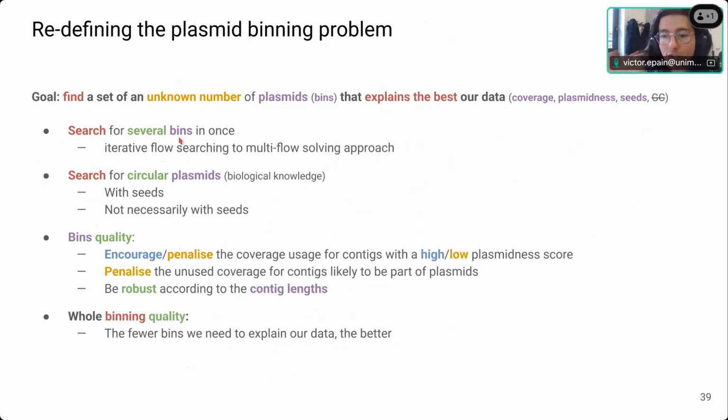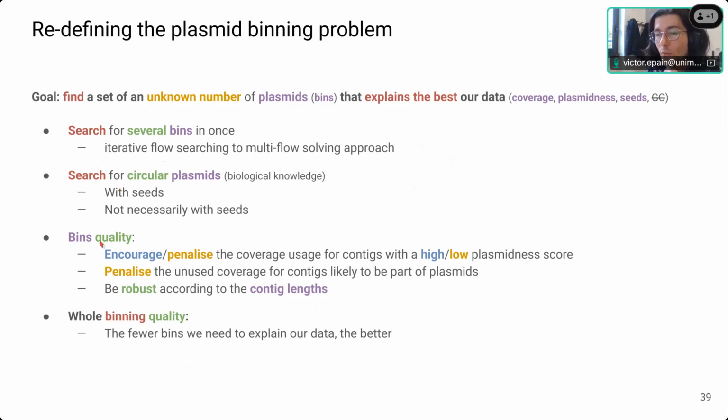Also not always true, but okay, let's consider circular plasmids. We will search for them with seeds, and some of them not necessarily with seeds, because some plasmids cannot be reconstructed if you miss the seed. Okay, but it's more confident to search for plasmids with seeds first.